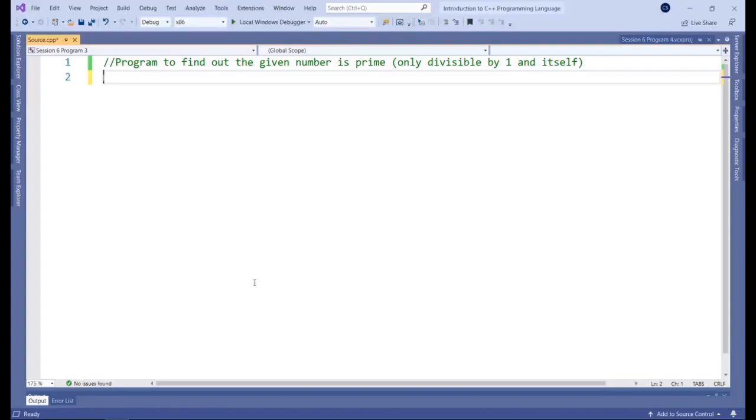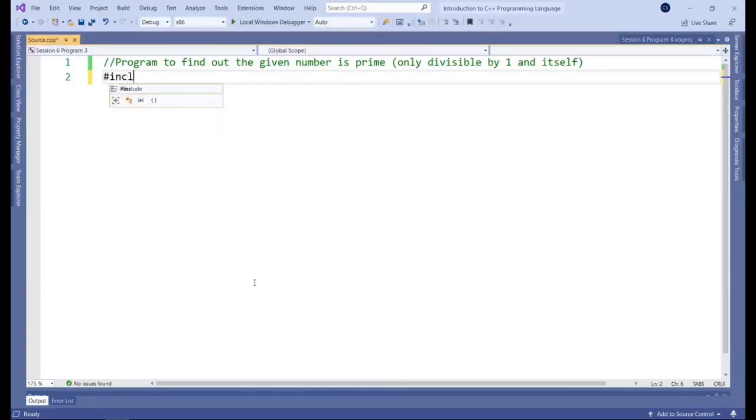Okay, guys, so now for the next program, we're going to be looking at something called a do while loop. So it's a new type of loop that I'll be introducing, and the best way to show you is a live example, explaining exactly how it works. And for that, we're going to be building a program that takes in a number and then determines if that number is prime or not, meaning it's only divisible by 1 and itself. Okay, so let's get into it.